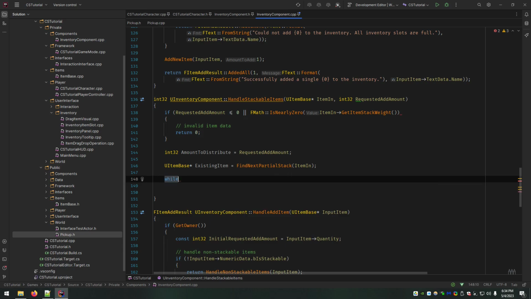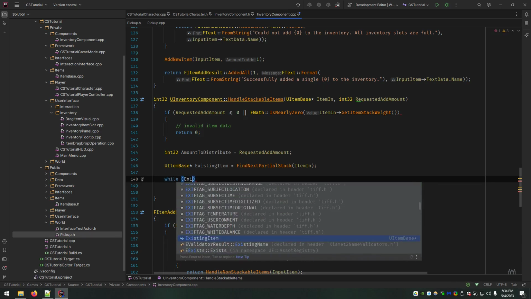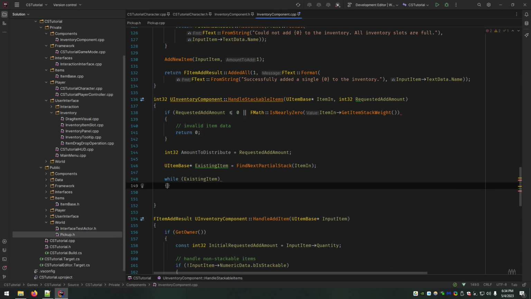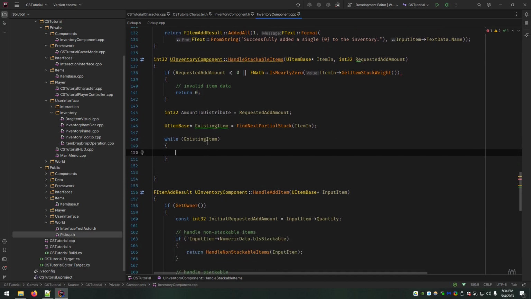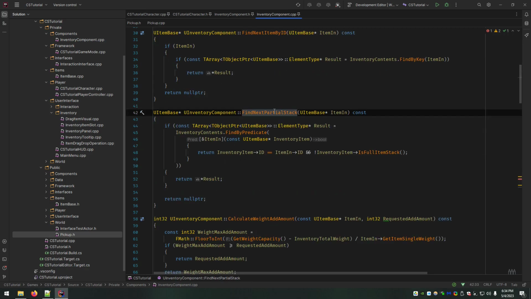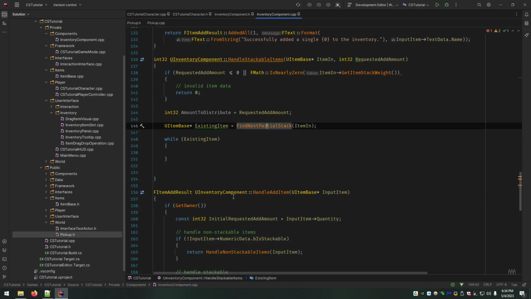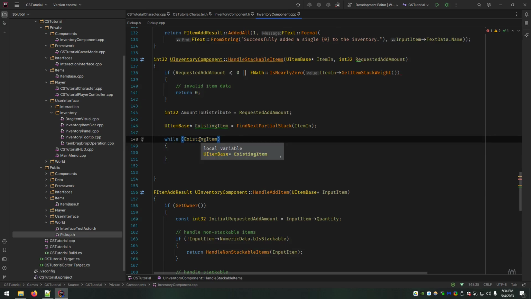So what we want to start off doing is start a while loop that checks if existing item is null. Remember, if find next partial stack does not find something that matches these conditions, it returns null. In this case, we want that to happen. We want to be able to trigger this to run or not based on whether this is null.